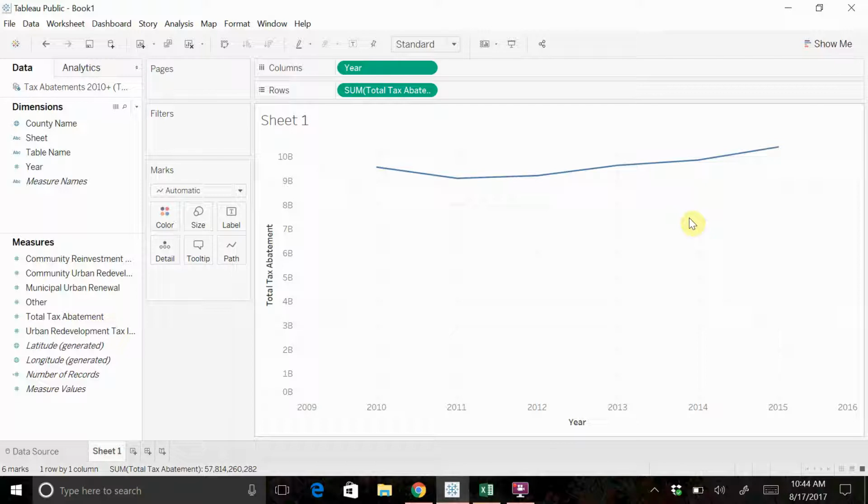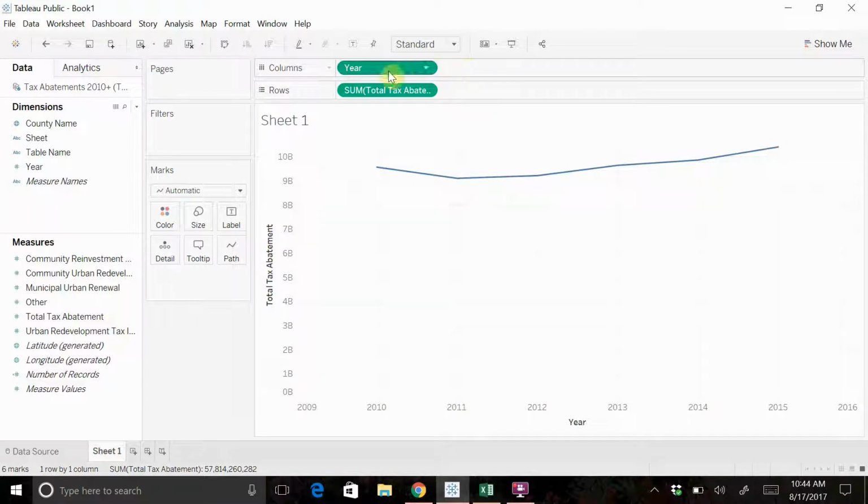chart, we want to tell Tableau that each year is discrete. Each year is a bin that we can put all of the tax abatement data into. So right now, Tableau is interpreting year as just a series of numbers, a continuous series of numbers. So there's an easy way to tell Tableau that we want the year variable to be bins instead of that continuous number. What we're going to do is mouse over to the columns shelf,